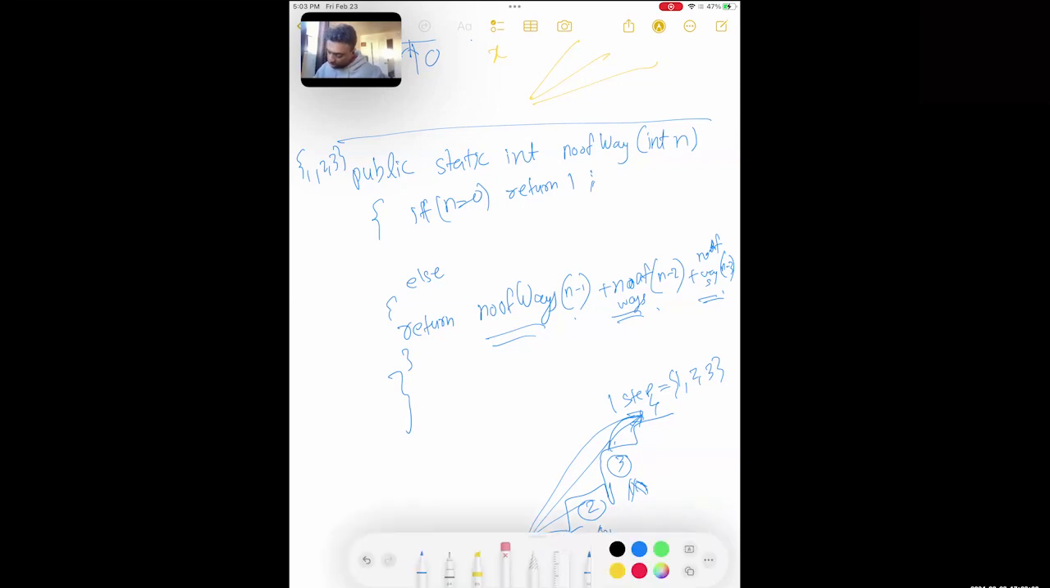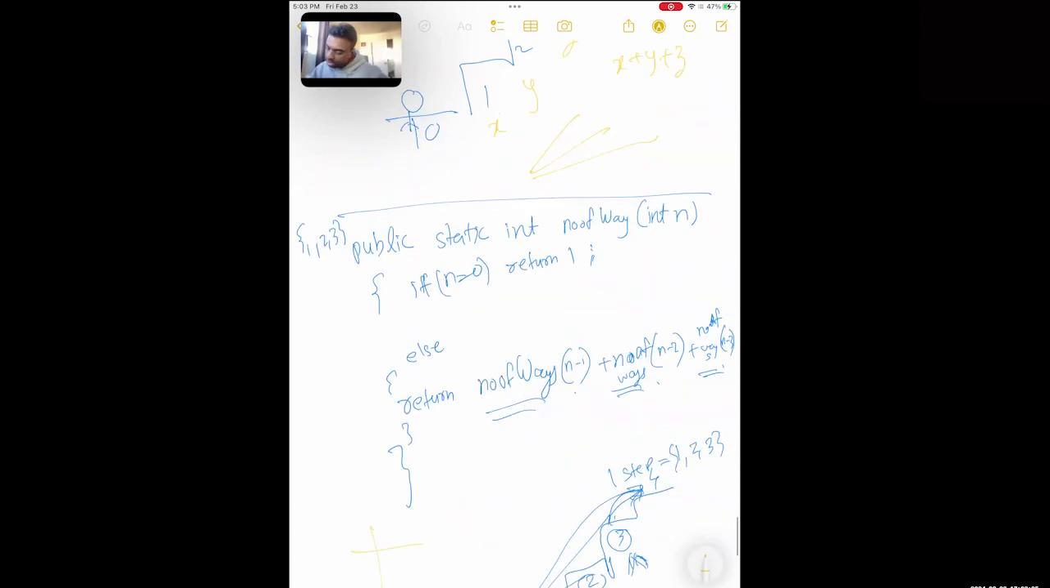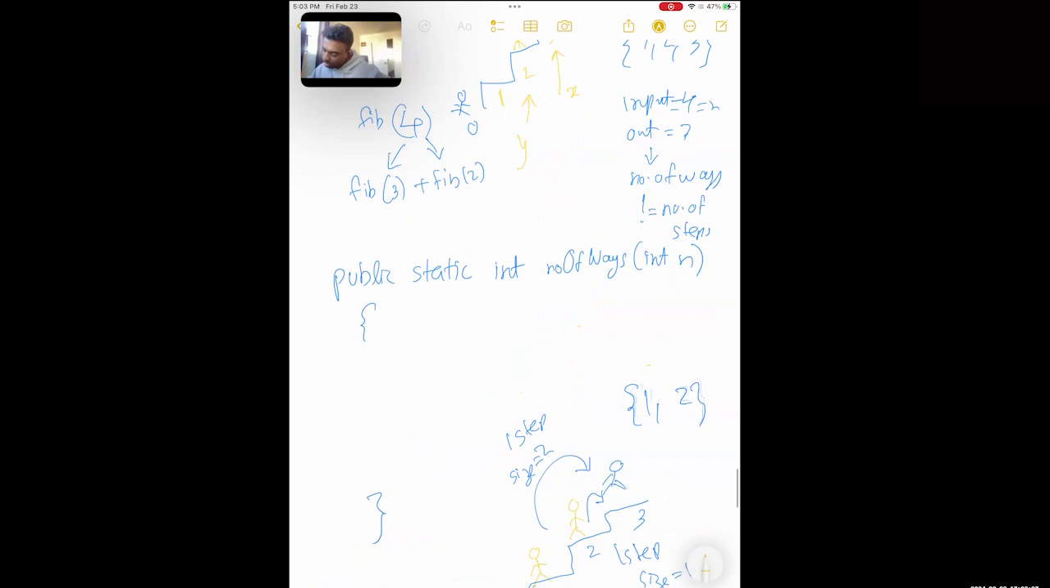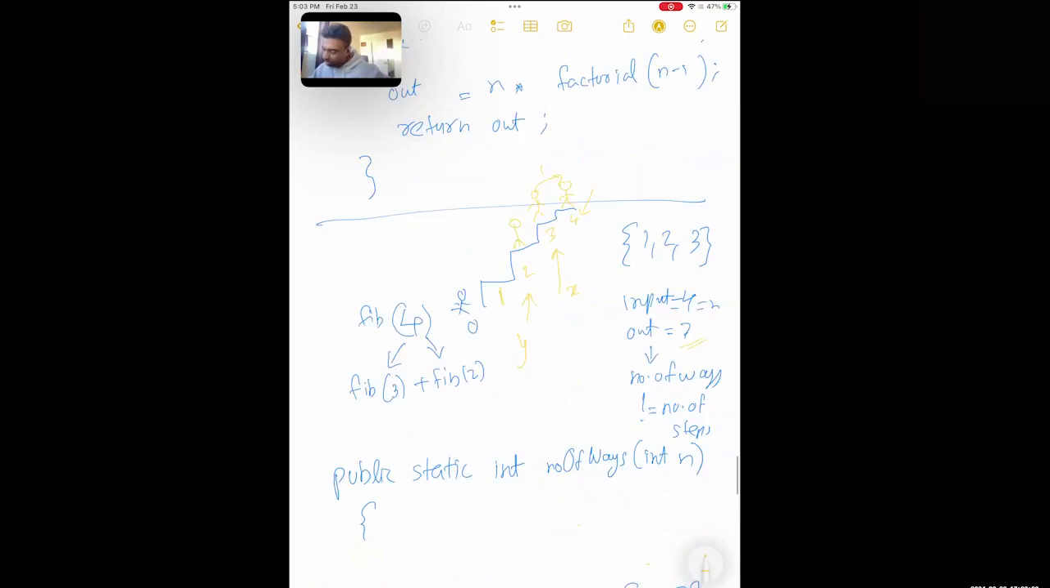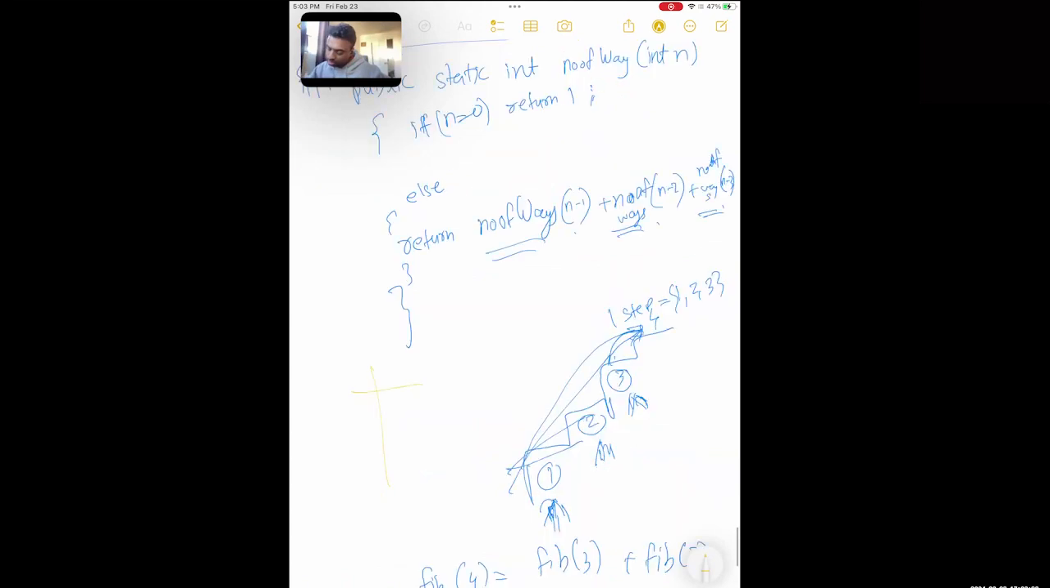So the dry run question was, if I give you 4, can you give me 7? What was the output they said? If it's 4, the output should have been 7, right? So let's try opening this up. So we start with n is equal to 4. We go back into the function first time. Is n equal to 0? No. Now we're going to return num of ways of 4 minus 1, 3,